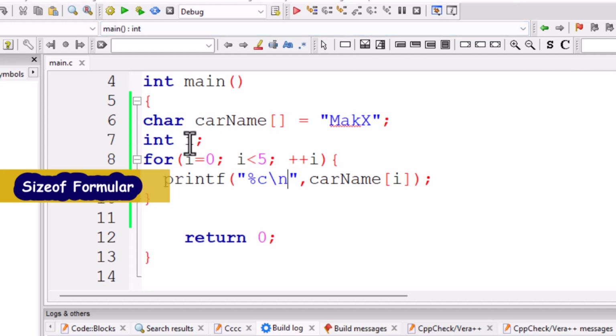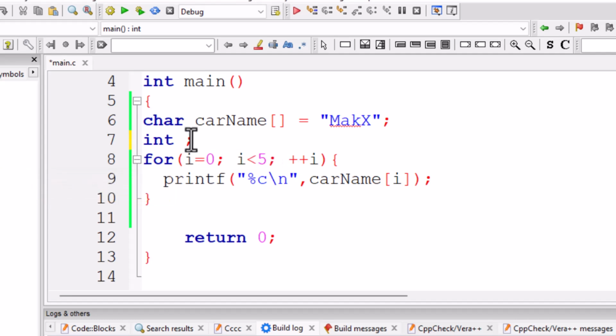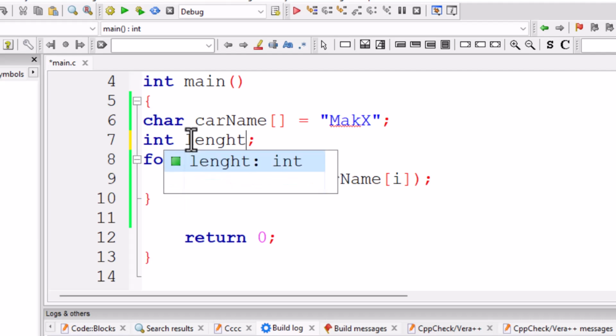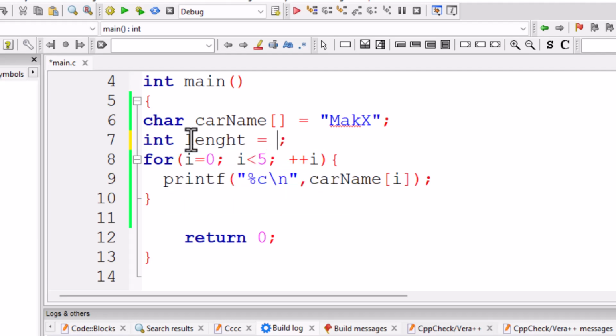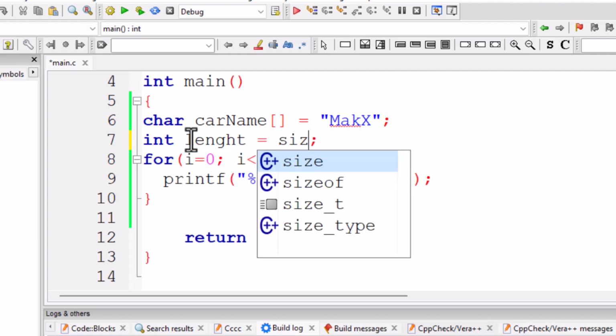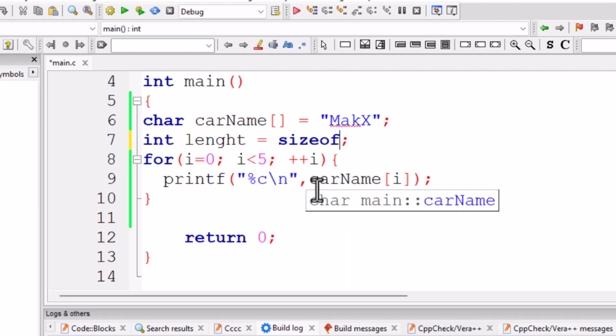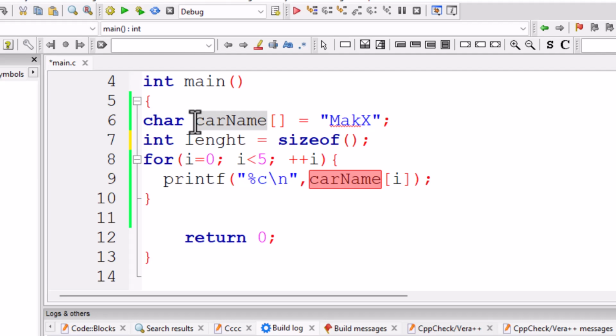So in this int here, I'm just going to change a few things, and then I call it length is equal to sizeof. You can see here, it's not C++ though. Sizeof carName gives the length of this, and then once we have the size,